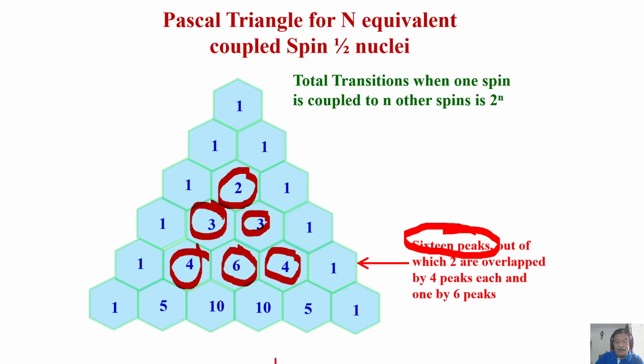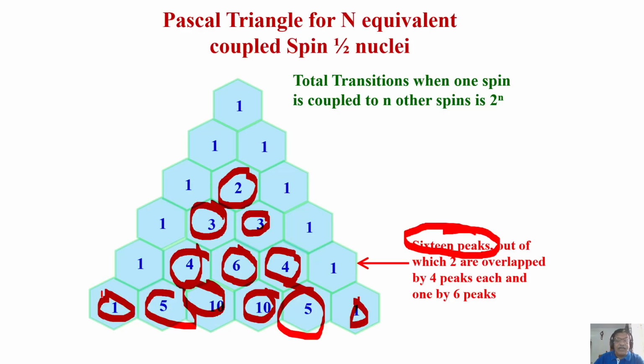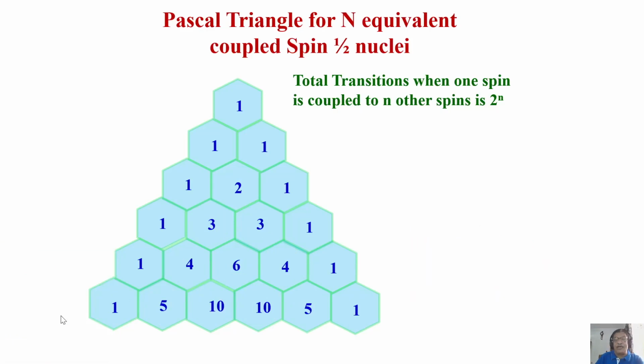So now you should tell me what happens here. This has 32 peaks. These 10 peaks are overlapped here, 10 are overlapped here, 5 are overlapped here, 5 are overlapped here. That is 32. 10, 10, 20 plus 10, 30 plus 2. So 32 peaks. So the number of peaks always remains 2 to the power of n. Don't get confused. The pattern appears as triplet, quartet, etc. just because some of the lines overlap because of equal coupling strengths. This is what I wanted to tell you. Please remember this. Now we'll go further.